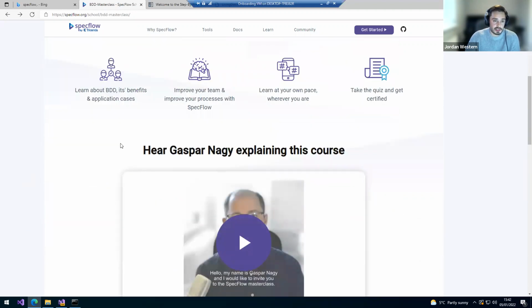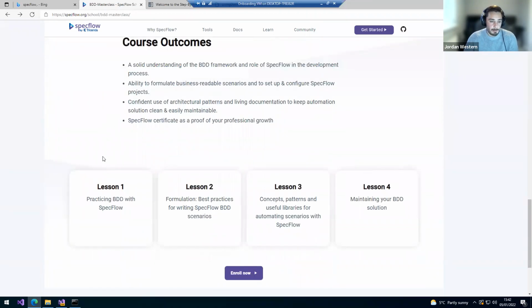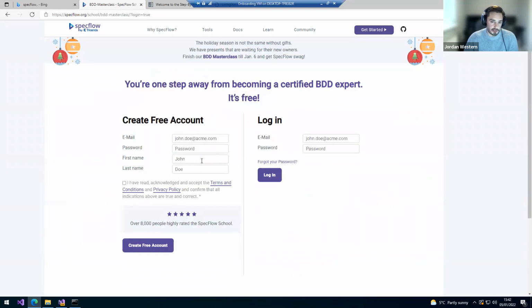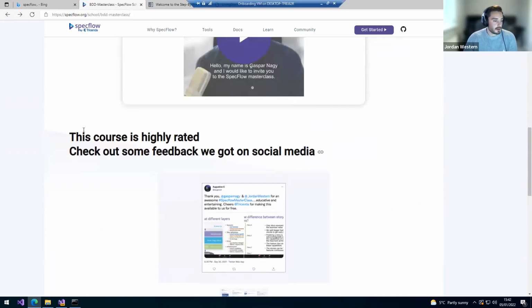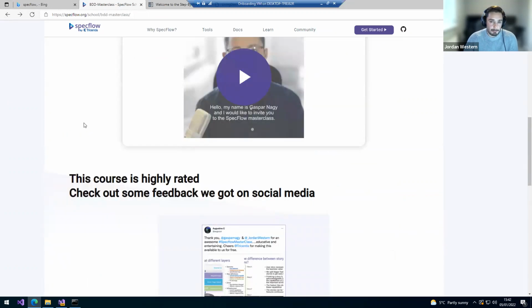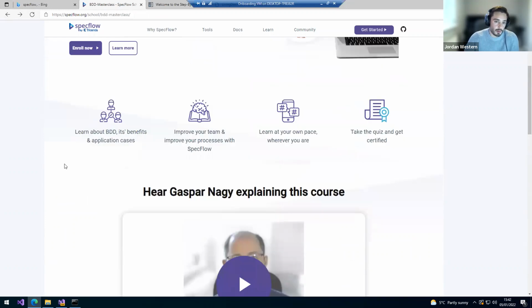It is 4 hours in total. It's on demand, you can do it whenever you like. It just requires you to sign in. So if you click enroll, for example, you can create an account. If you already have one, you can log in. But a lot of people have found this very useful. And at the end of this, you will get a certificate that you can share on your LinkedIn. And obviously the content is there for you to come back to